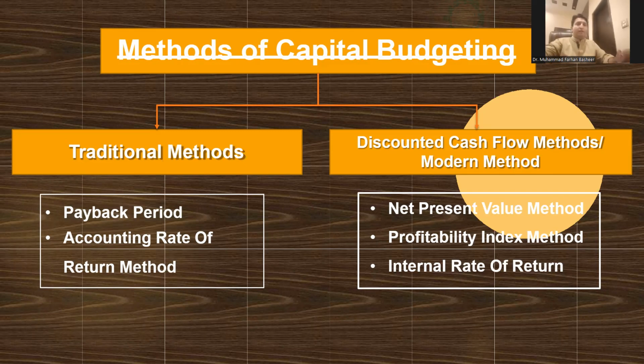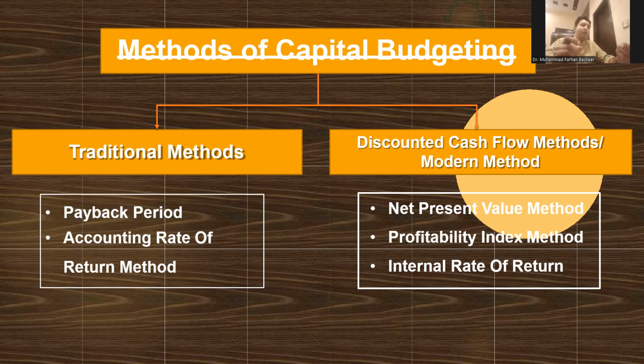Class, previously we were discussing capital budgeting. We tried to recap our earlier lecture of business finance and link capital budgeting with investment decisions. And we ended our last session on the methods of capital budgeting. First, we classified capital budgeting into two methods, named the traditional method and the discounted cash flow